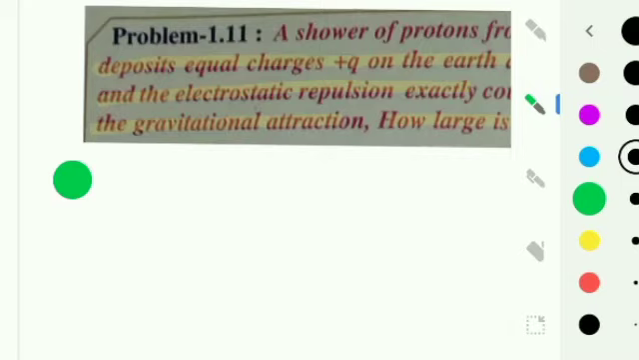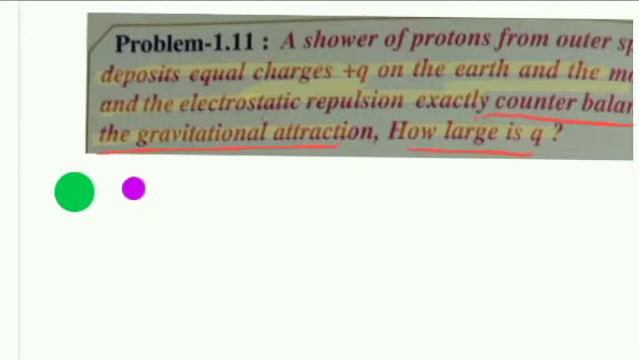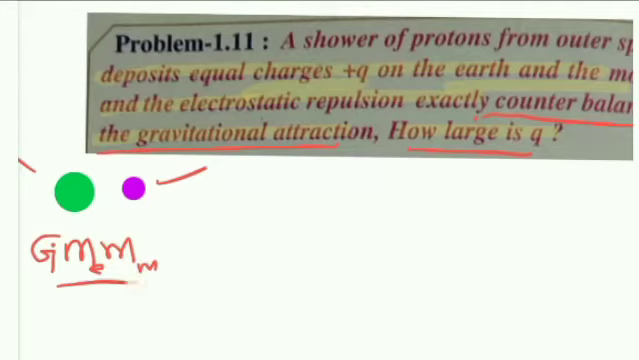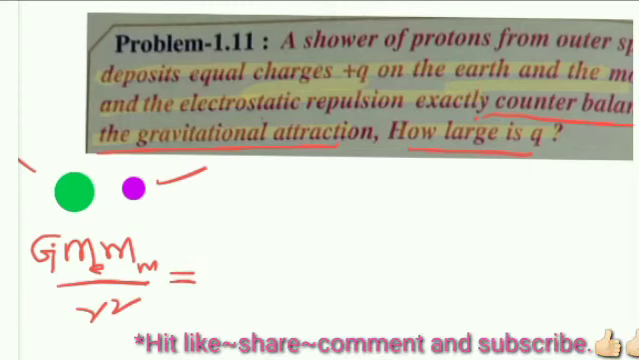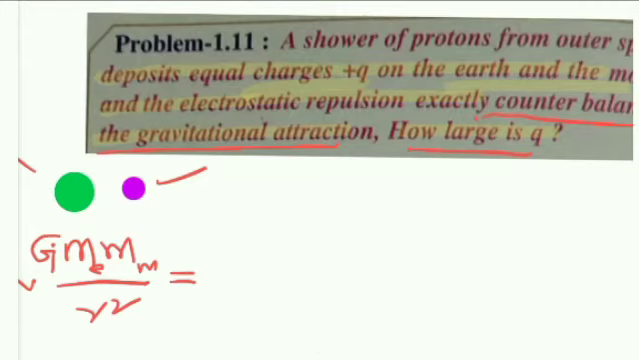This one is the earth, this one is the moon. Gravitational force we can write as capital G into M earth, M moon by r square. Again, this is gravitational force. Again, electrostatic force is K into